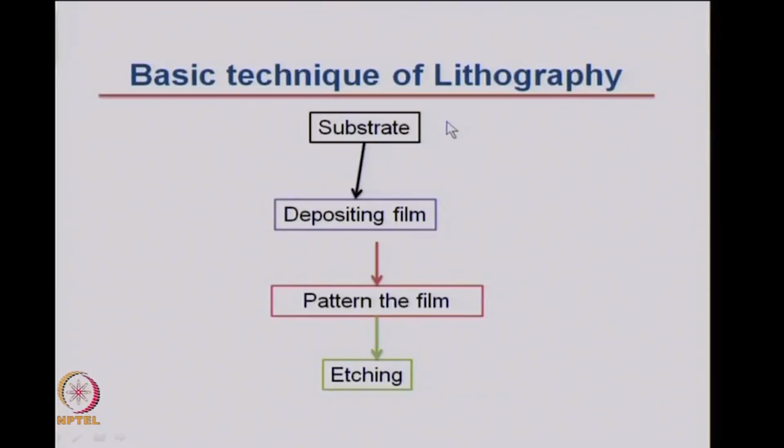You start with a substrate, deposit a film which is suitable for patterning, and after you pattern using some technique, it may be light, it may be electrons or ion beams, or some scanning probe techniques, you pattern the film, then you etch the film such that only the design part of the film remains. The remaining part of the film should be removed and the substrate will have the pattern